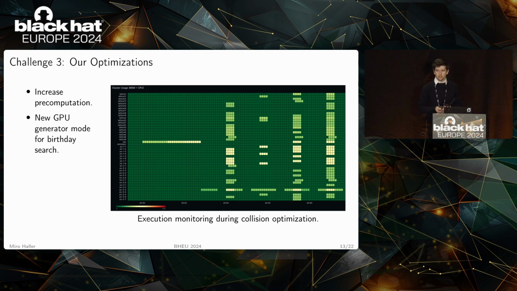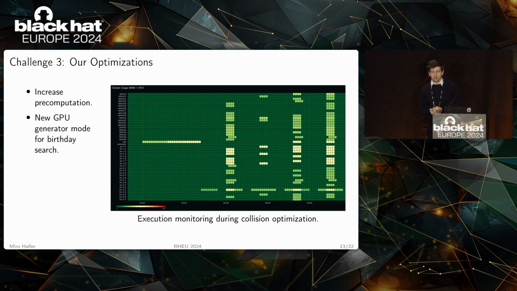But what you see in the screenshot is that in the first third, we run this part of the attack on the only machine that we had access to that has GPUs, because that part of the attack, called the birthday search, is much faster on GPUs. Later on, we found a way to use both GPUs and CPU machines, and that way we were able to get this part down below 1 minute. And then you see in the remainder of the image that we have alternating phases of sequential computation